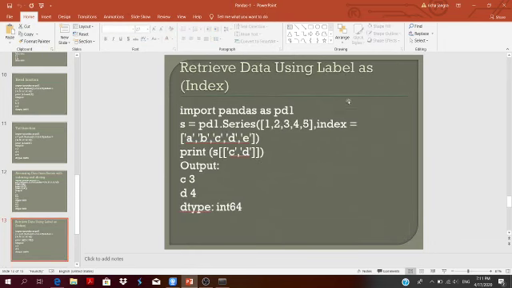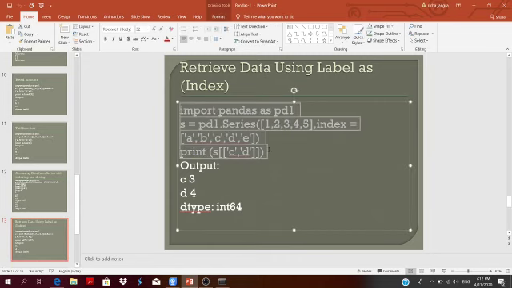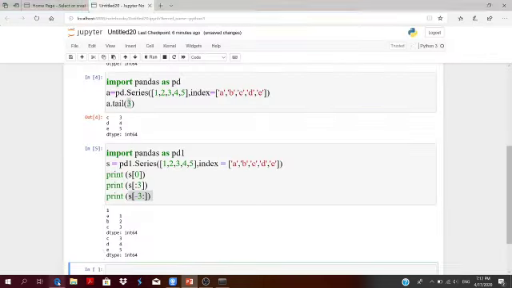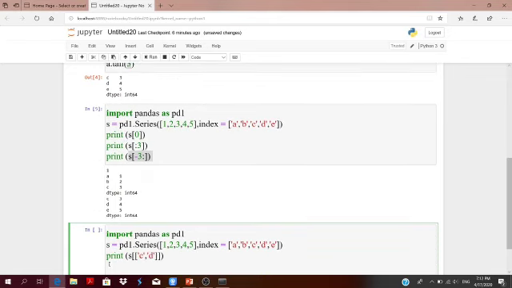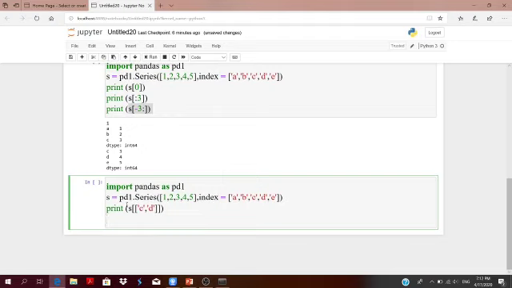Now you can retrieve your data using labels as indexes. Here in this case, the same series has been taken. Instead of indexes, I have passed a nested list inside the list, and inside it labels to the indexes have been given.